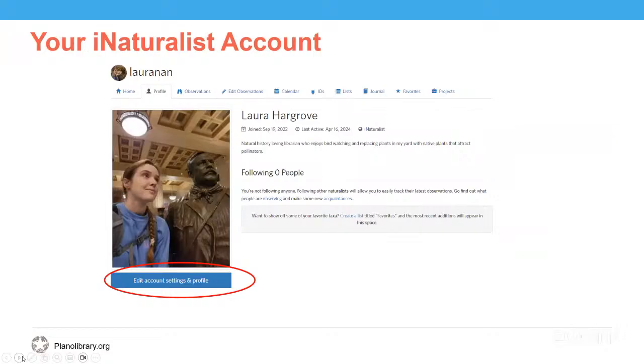So your iNaturalist account. This is your profile page. You can see this one's mine. Your profile has an option to click Edit Account Settings and Profiles that will let you edit your profile itself. So your display name, this will show up on your profile and in any copyright attributions to your observations. And your bio.